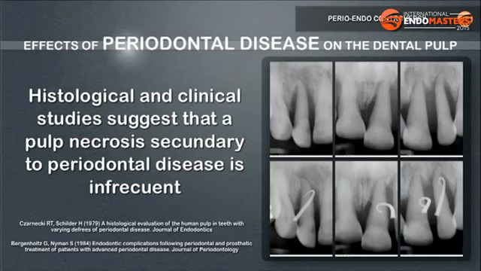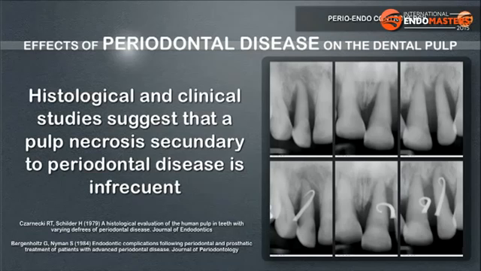Histological and clinical studies suggest that a pulp necrosis secondary to periodontal disease is rare. The periodontal disease must extend all the way to the apex of a tooth before an accumulation of plaque in the apical foramen and foramina can cause significant pulp involvement. Pulpal insults through patent dentinal tubules and exposed lateral canals have relatively insignificant effects on the ability of the dental